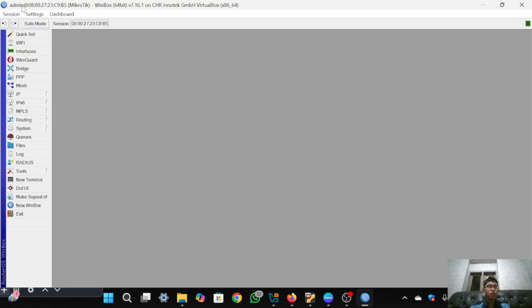The admin is the username of your MikroTik, and after the at sign is the IP address or MAC address that you've logged into the Winbox, and the MikroTik is the MikroTik, and the Winbox is the application, and 64-bit is the version of the Winbox, and v7.16.1 is the version of the MikroTik.